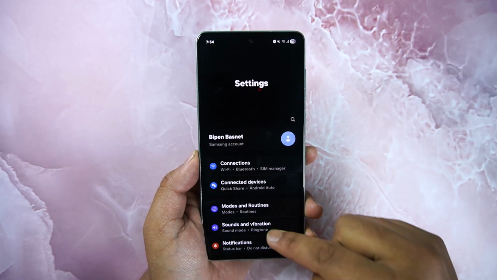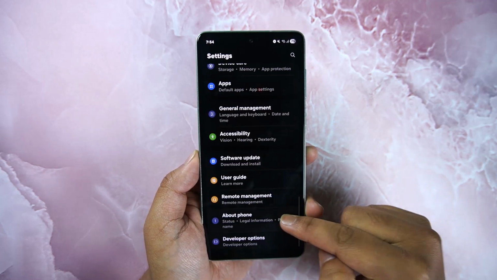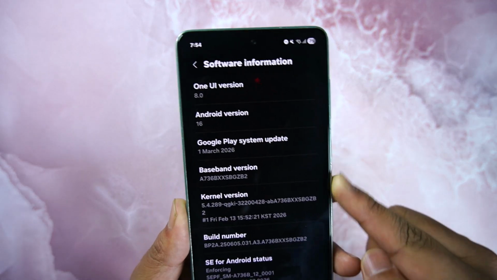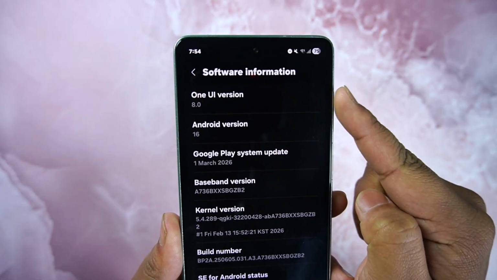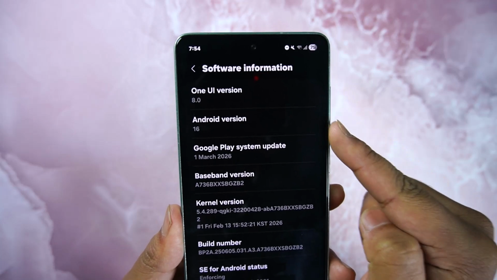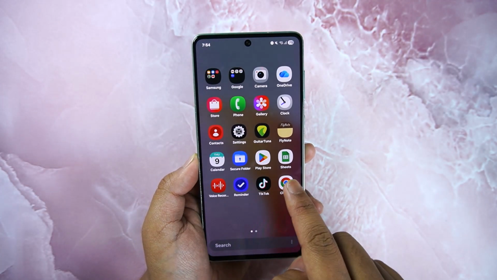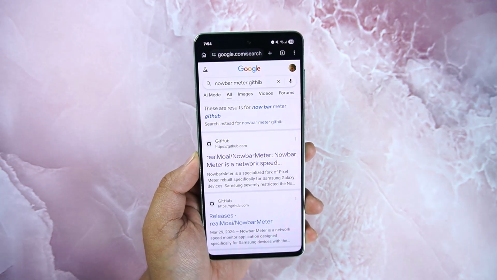So for this, all you have to do is open Settings first and go to the About phone section and go to the Software information tab. You have to make sure that you're using at least One UI 7 or above with Android 12 API and above. And once you've done that, what you want to do is to simply open up your Chrome browser and